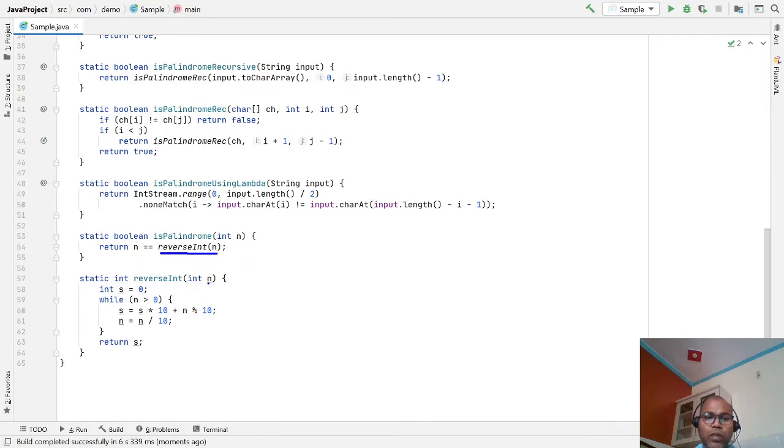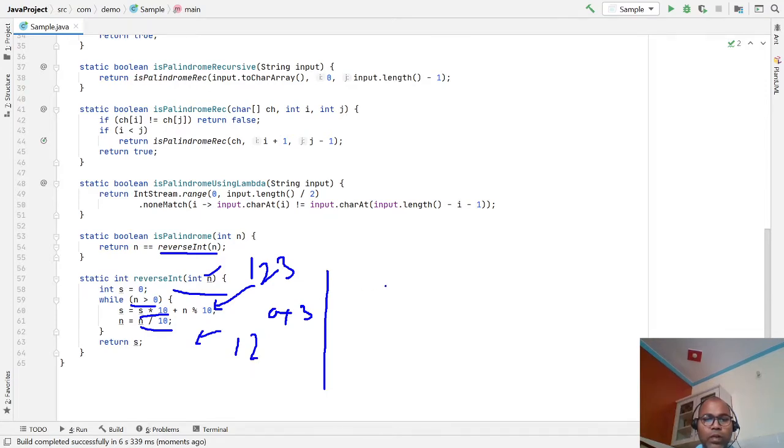So how do we check the reverse of any integer? Let's give input 1 2 3. Let sum equal 0, and while the number is greater than 0, yes, sum equals sum multiplied by 10 plus modulo, which gives 3, and then the number becomes divided by 10, so next number is 1 2.